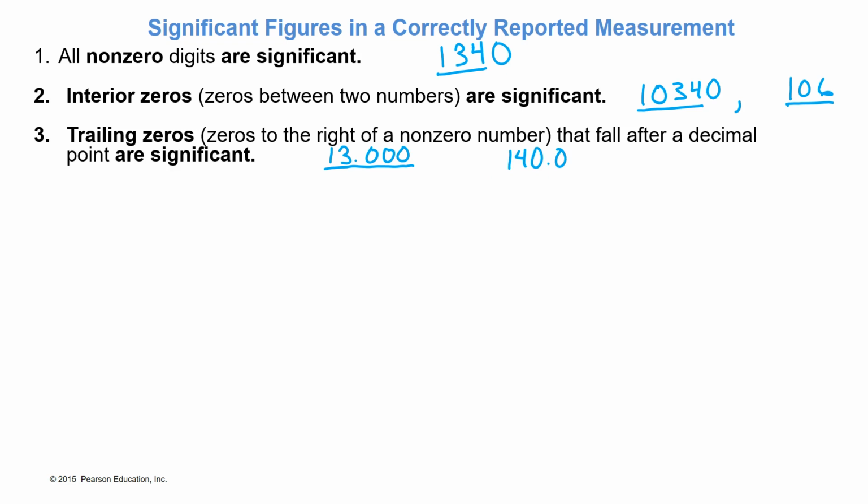How about that number, 140.0? How many sig figs would be on that one based off of that rule? 4. Everything becomes significant. So this one hits the rule that it's sandwiched. This one hits this rule that it's a trailing 0 behind a decimal point. All right. So now I'm going to take my original number right here, 1340, where it was 3 sig figs based off of this. But if I write this,